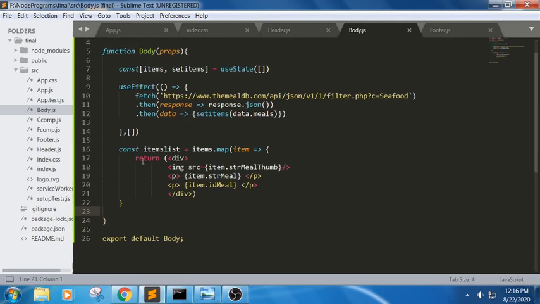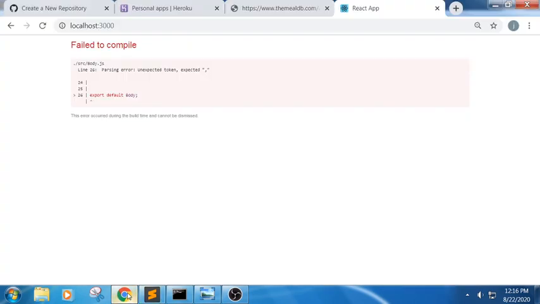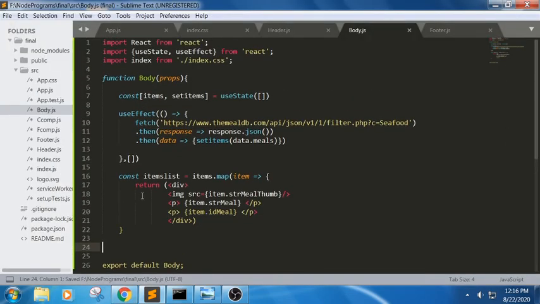We have missed some curly braces somewhere. Export default body weight. So we were trying to use effect. The fetch, we are trying to read the values. JSON will try to parse the values. It is trying to read each and every value and store it in this function in the form of meals.